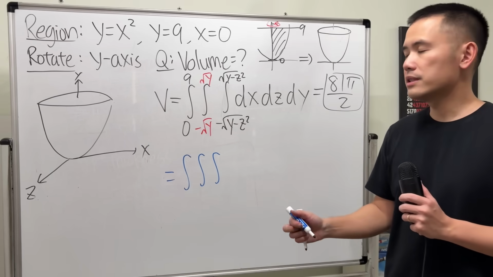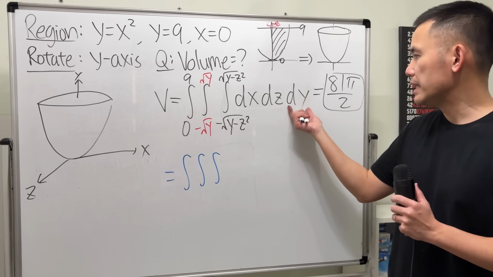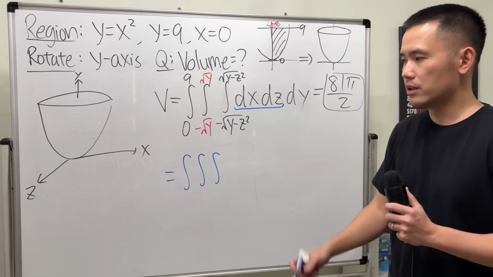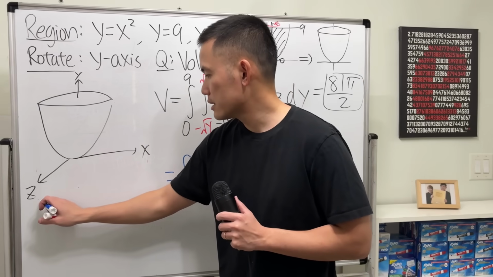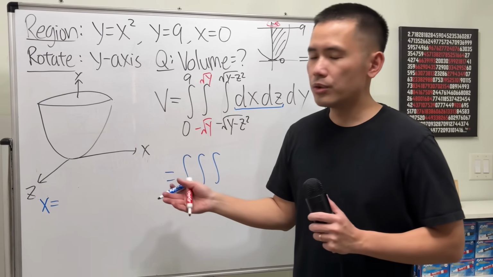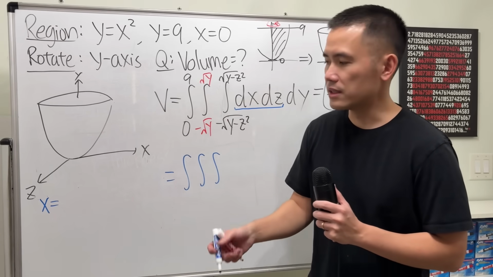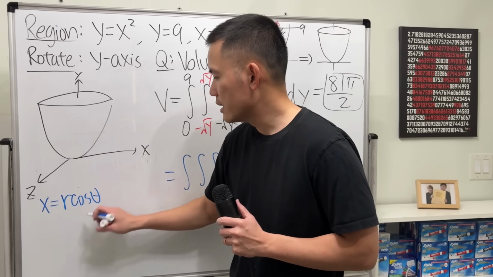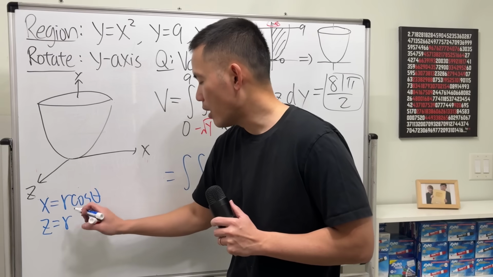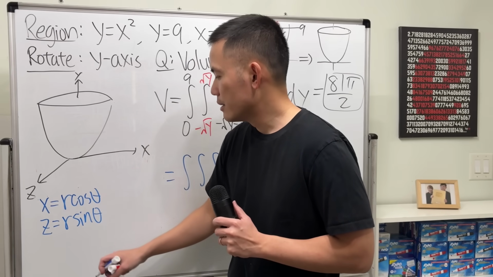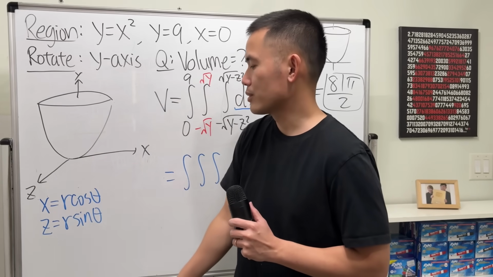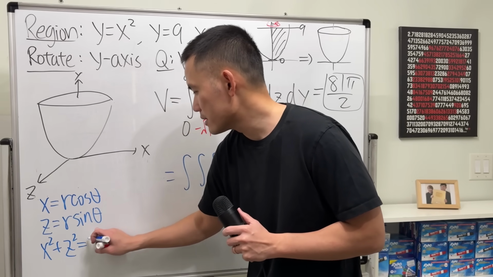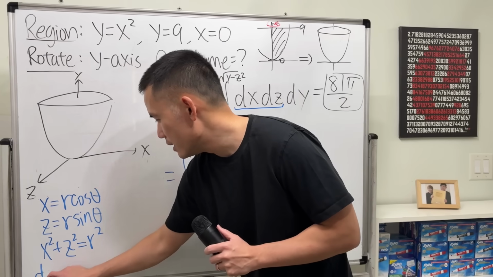What we are going to do is, I will keep dy all the way at the end, but I will have to change dx dz into polar. So for now, I will write this down for you guys. X, just take that to be like the usual coordinate system, x is r cosine theta. Take z to be r sine theta, because z goes like this. Here x squared plus z squared gives us r squared, and finally dx